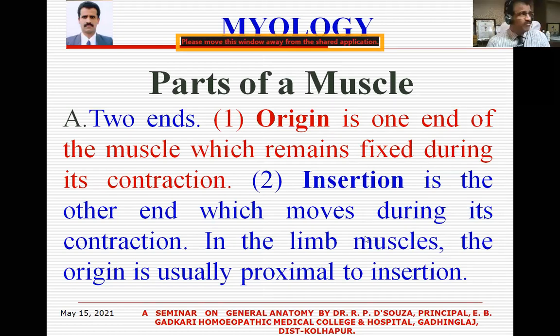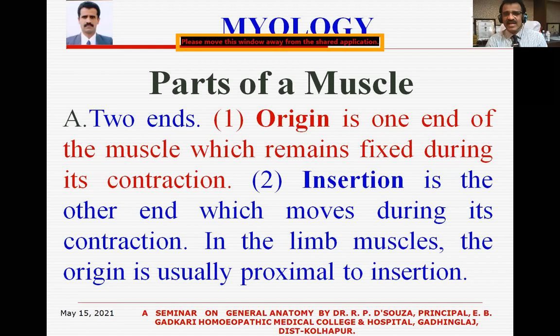So each skeletal muscle has two ends, and those two ends are the origin end and the insertion end. That means the muscle originates from one end and gets inserted on the other end. So these two ends are always there in a skeletal muscle. The origin of each muscle differs from one another, and that is why we have to do a particular study of a muscle during the study of regional anatomy of your human body. So let us begin with the word meaning of what is insertion, what is origin, and so on.